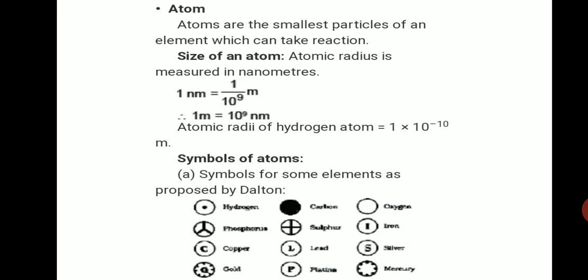Okay, so symbols means, as you know, United Kingdom, how we represent in short form: UK. Prime Minister: PM. Like that, for easy representation, for easy study of elements, we use symbols. So symbols of elements means it is only a